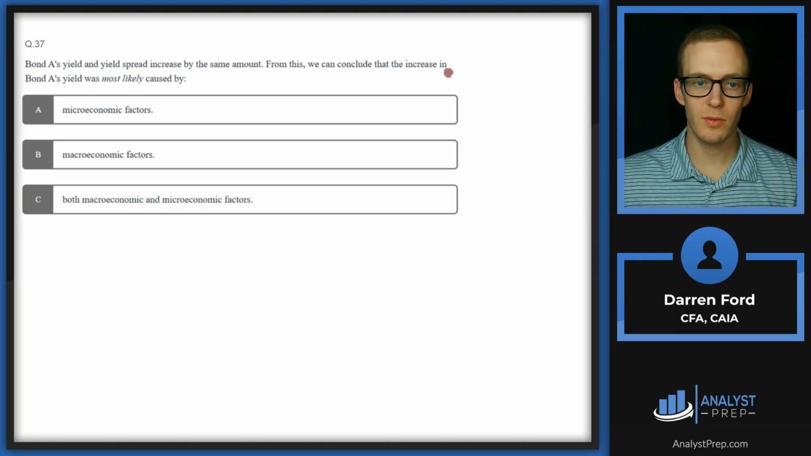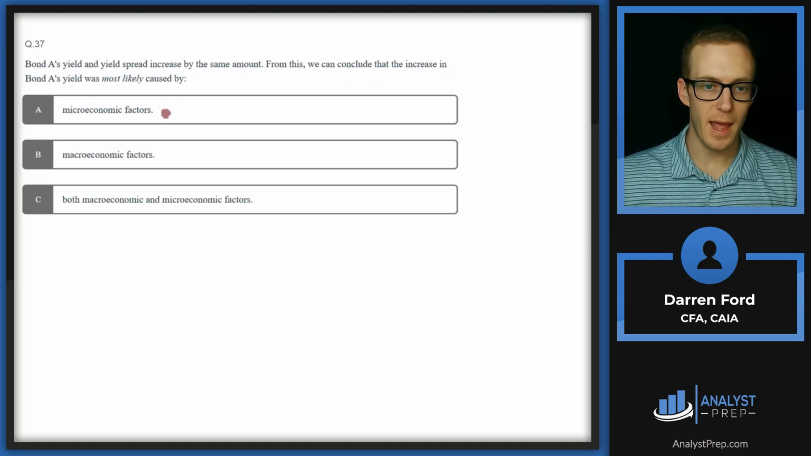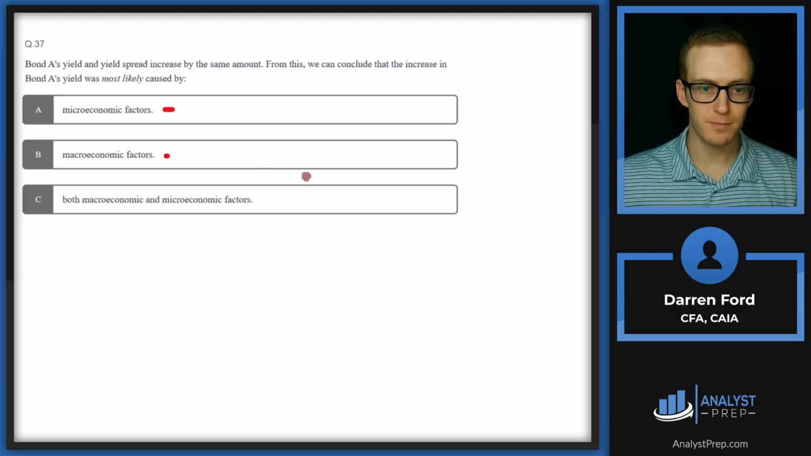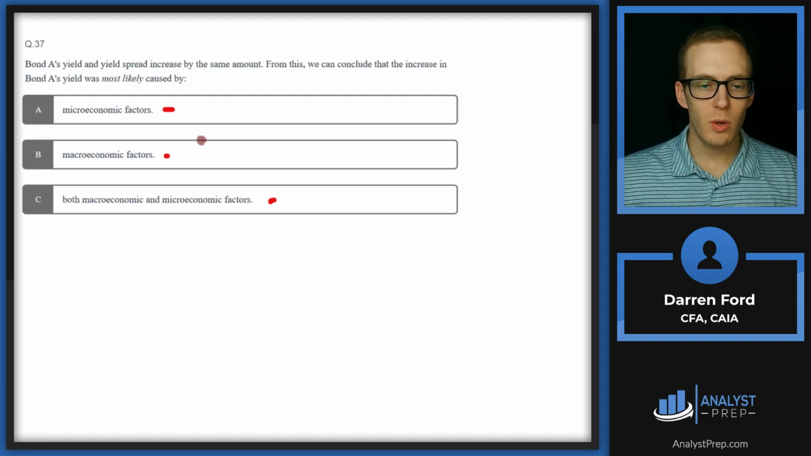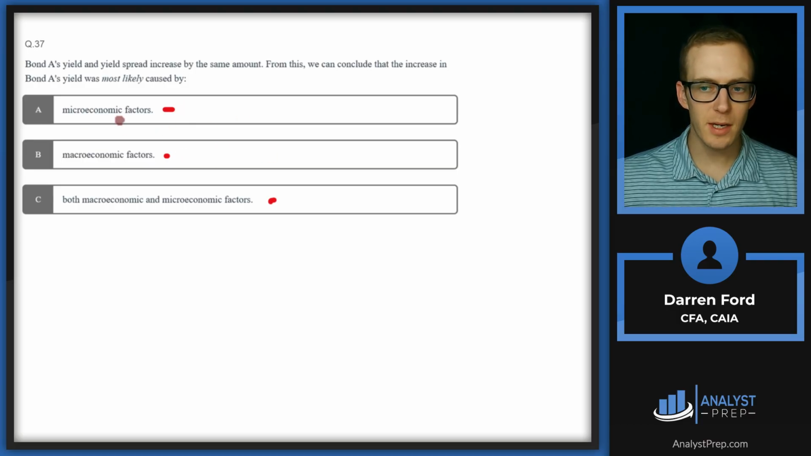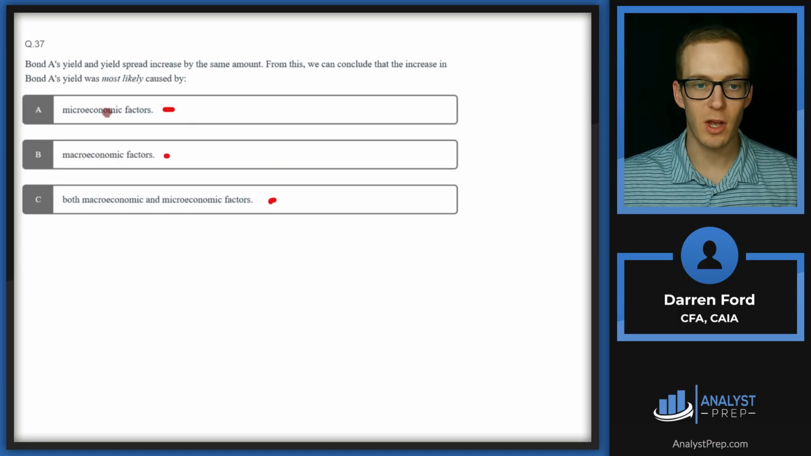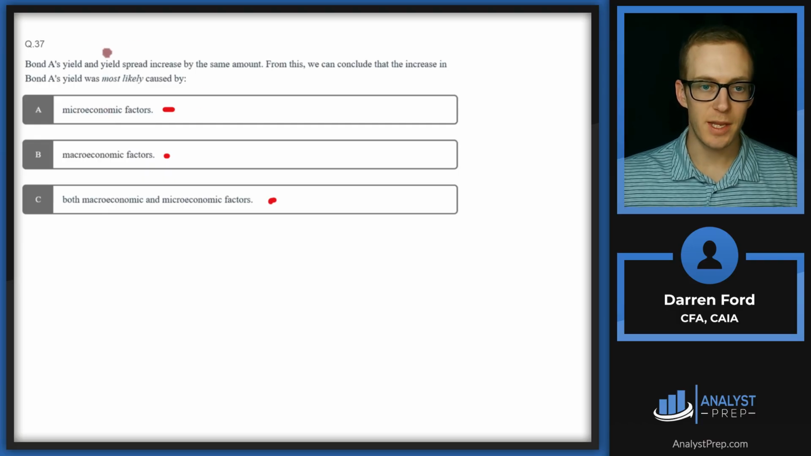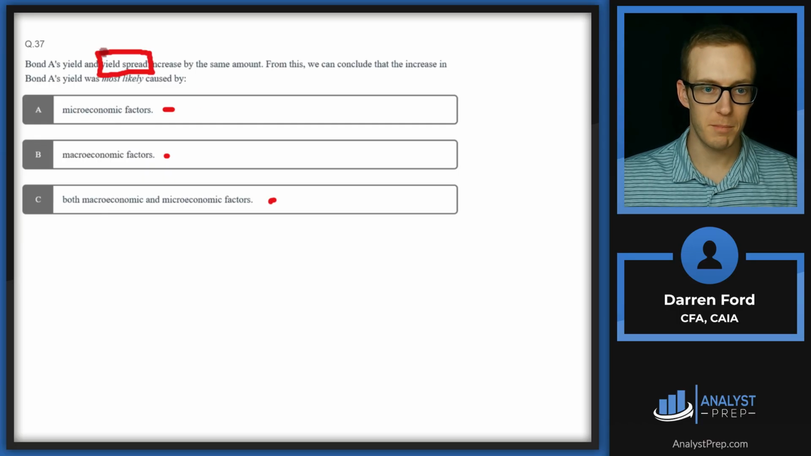From this, we can conclude that the increase in bond A's yield was most likely caused by A, microeconomic factors, B, macroeconomic factors, or C, both macro and microeconomic factors. So we've got yield and yield spread increasing by the same amount. Looking at microeconomic and macroeconomic factors, microeconomic is going to be more granular at the company level. And so the yield spread is going to be a lot more important for microeconomic because that yield